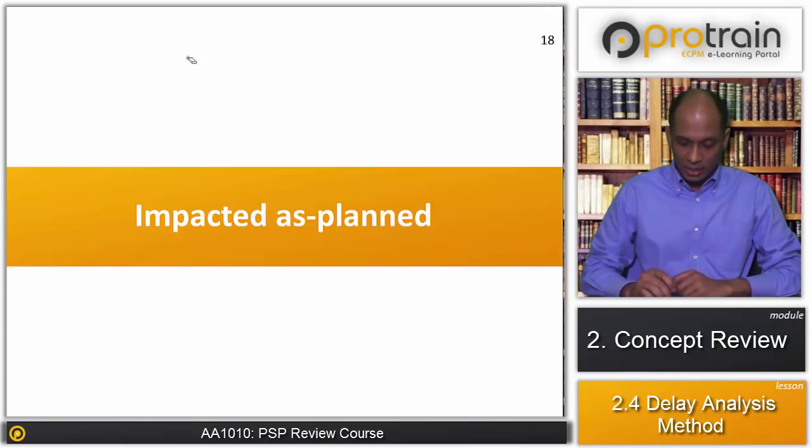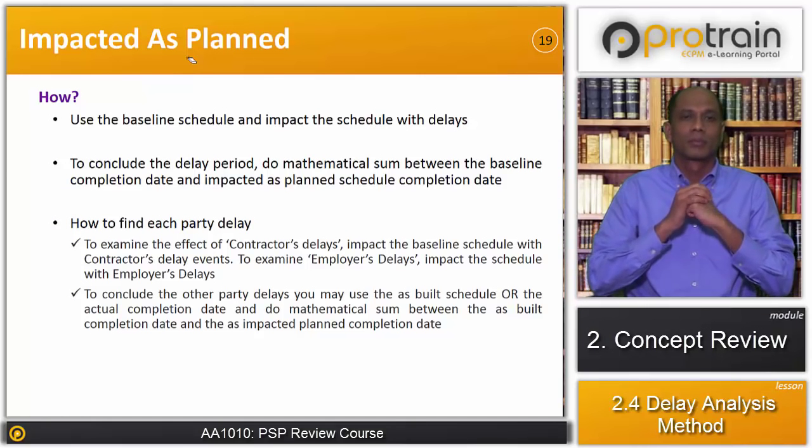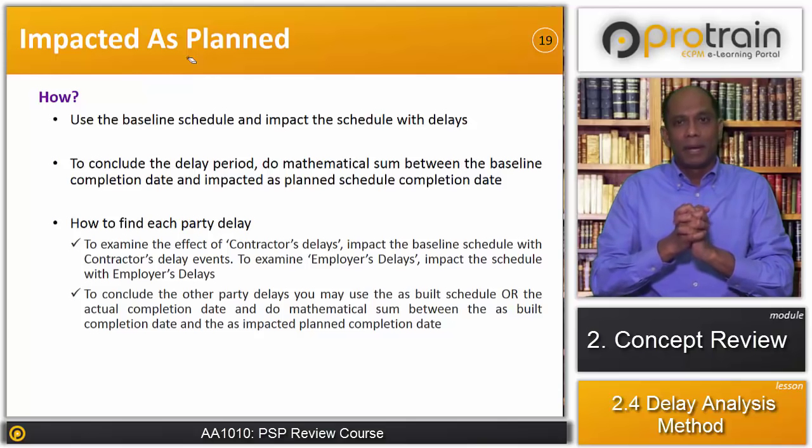Now let's understand how this method is used. Use the baseline schedule and impact the schedule with delays. To conclude the delay period, do the mathematical sum between the baseline completion date and impacted as planned schedule completion